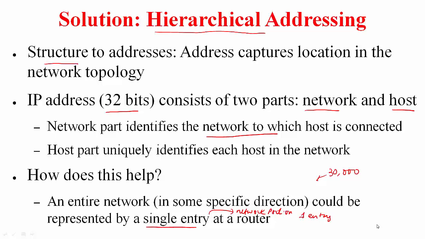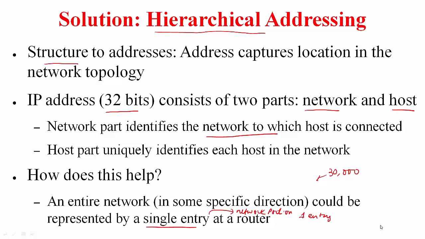So the next question is, we have these 32 bits. How many bits should we allocate to the network portion and how many bits should we allocate to the host portion? There is a lot of diversity in life. Just like that, you will have networks of varying size. You will have some networks that have just 30 hosts, some networks that will have 30,000 hosts, some networks that will have 70,000 hosts. You need to cater to all these networks while at the same time ensuring that the number of entries that you need to maintain is kept small.